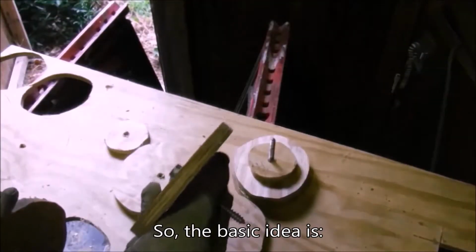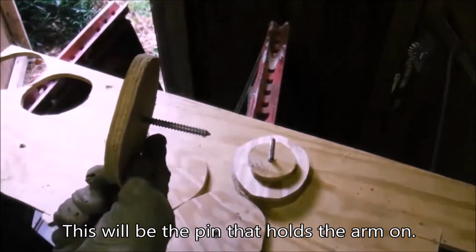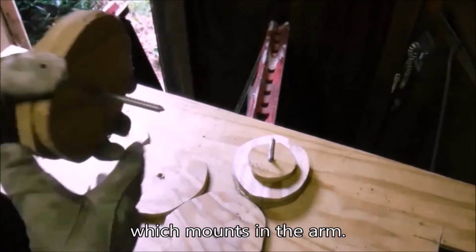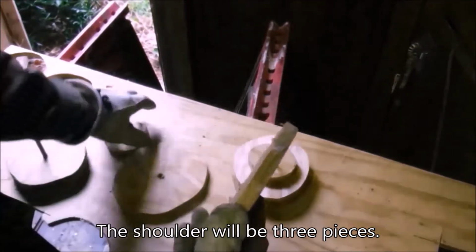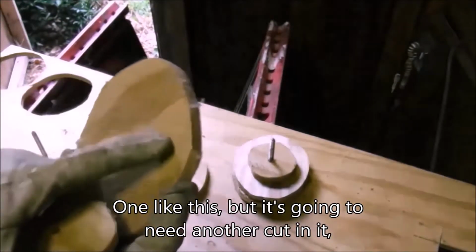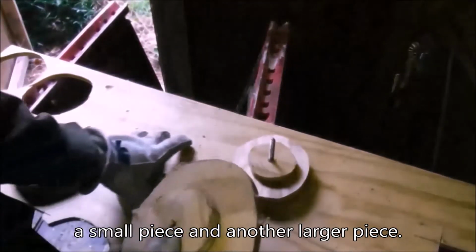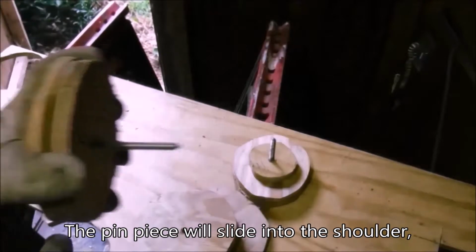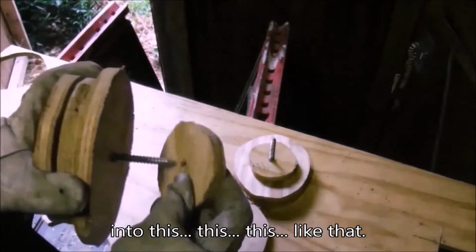Okay, so that's the first part of the arm section. So the basic idea is this will be the pin that holds the arm on. It will mount to this piece, which mounts in the arm. The shoulder will be 3 pieces. One like this, but it's going to need another cut in it. A small piece, and another larger piece. The pin piece will slide into the shoulder, into this, this,